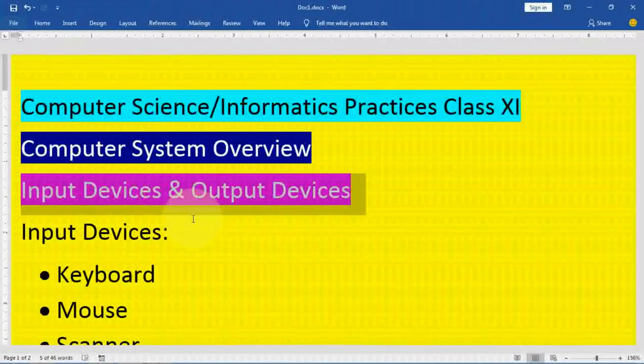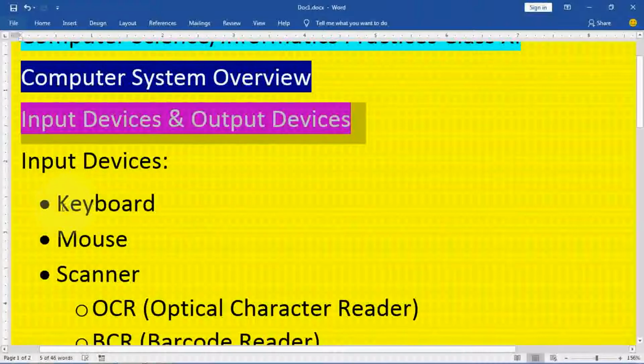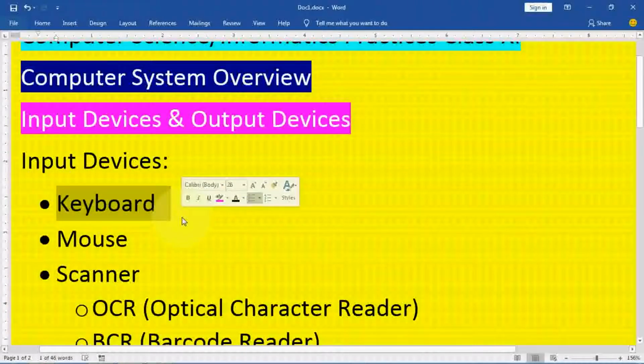Let me begin. First, keyboard. As you have seen, a keyboard looks like a standard typewriter. If you have seen earlier, people used typewriters to type. So the keyboard is similar to that. It has many keys like function keys F1 to F12, alphabet keys A to Z, numerical keys 0 to 9, then caps lock, tab, shift, control, window, and all these keys.